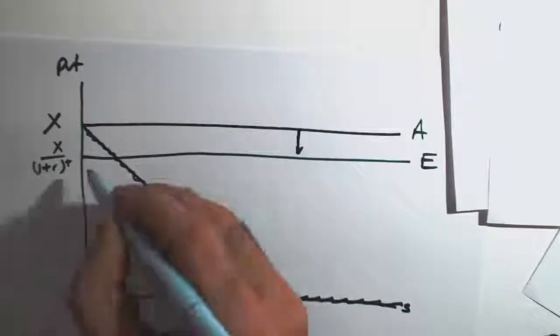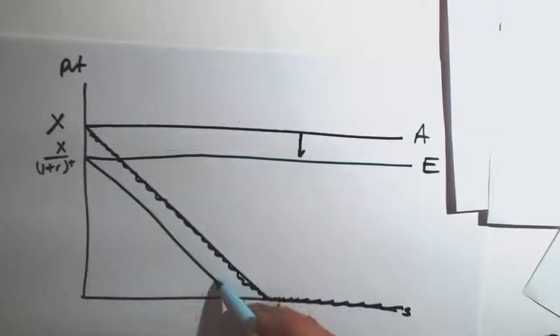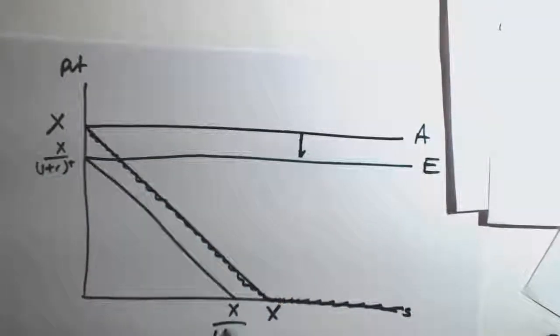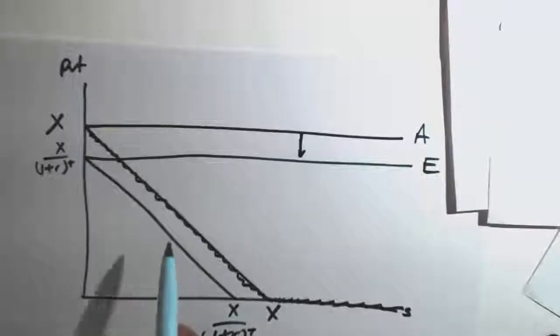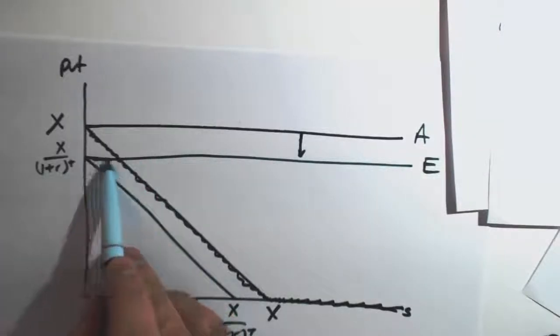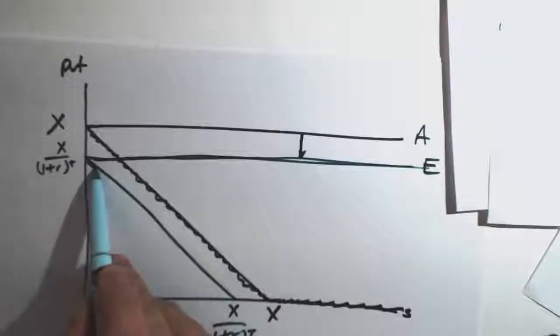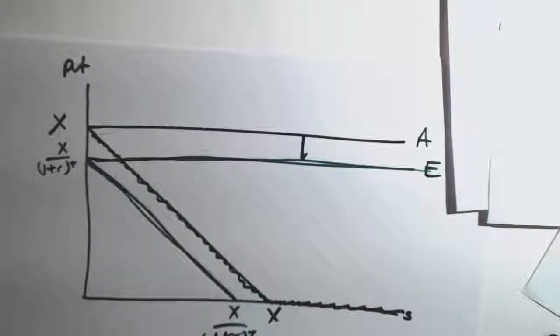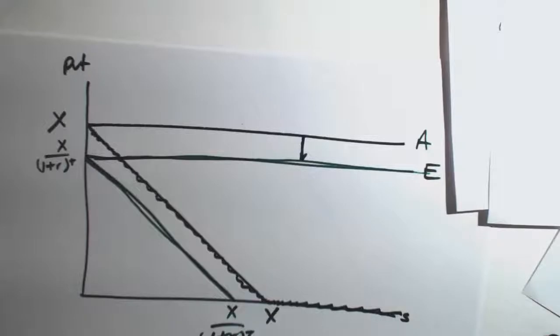But then we also have to consider that we have to discount this whole payoff. It's X over 1 plus R to the T also. So the European, I don't know if you can see that, but this line is green. And so the boundary space is a little different, same shape basically, but the whole thing is shifted down for a European compared to the American because you delay getting your cash with the European. So the boundaries, the actual option,